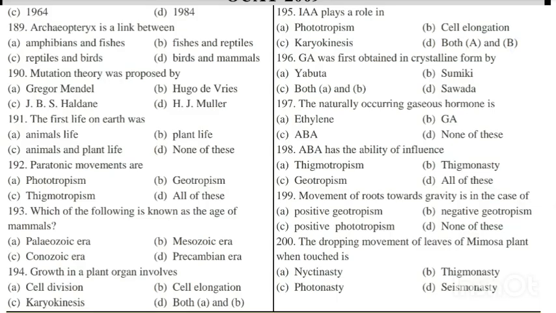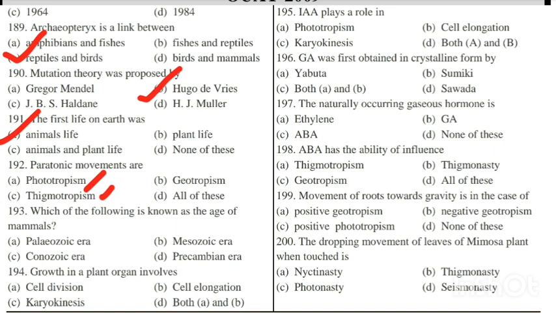Next question, Archaeopteryx is a link between reptiles and birds. Mutation theory was proposed by Hugo de Vries. So option B is the correct one. The first life on earth was animal life. Next question, paratonic movements are